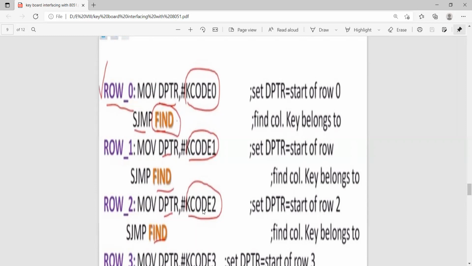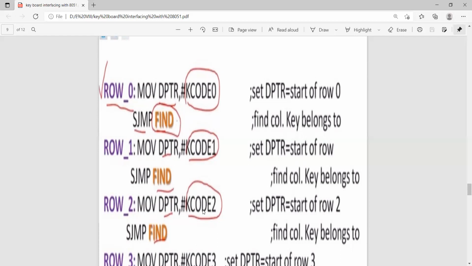In the first row, we have 4, 5, 6, 7. And in the second row, we have 8, 9, 10, A. And in the third row, we have the other keys. So like that, we can identify all the keys. So it's an interfacing program.